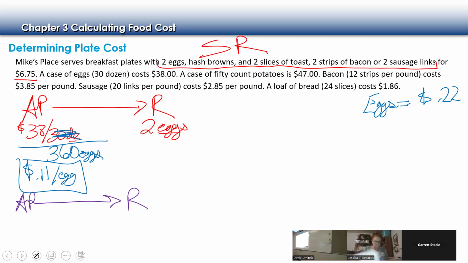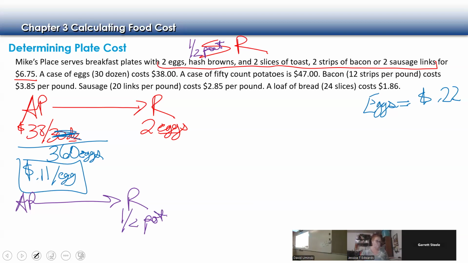It's the same thing about our hash browns. Probably just one potato. It just says hash brown. Probably like one makes a serving. I'm gonna say it's not on here, but half a potato. So half a potato is our hash browns. Okay, so my recipe is half of a potato